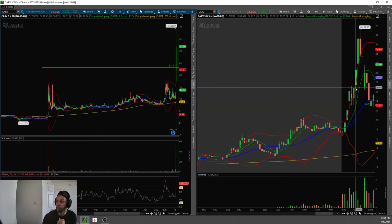Immediately ripped to the upside. I got caught in this upside halt. It was halted at 26.73. Threw my stops at break even, and immediately this ripped up to 30 bucks. And